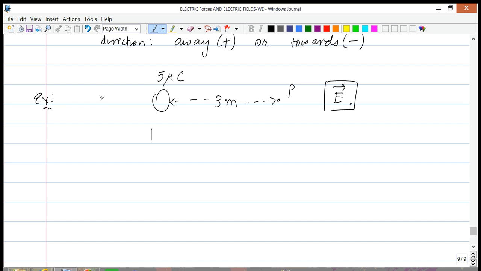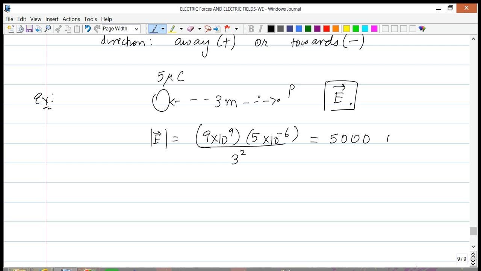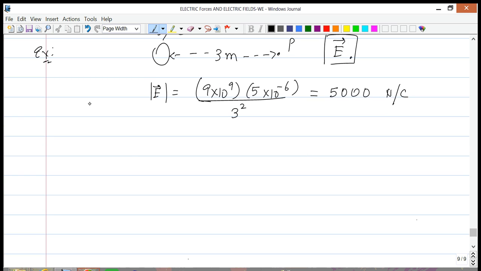So to find the magnitude, you will use simply the equation Ke Q over r squared. So Ke is 9 times 10 to the 9, times Q, which is 5 times 10 to the minus 6, divided by 3 squared. If you do this correctly, you'll end up getting 5,000 newtons per coulomb. Those are the units of electric field. The direction,